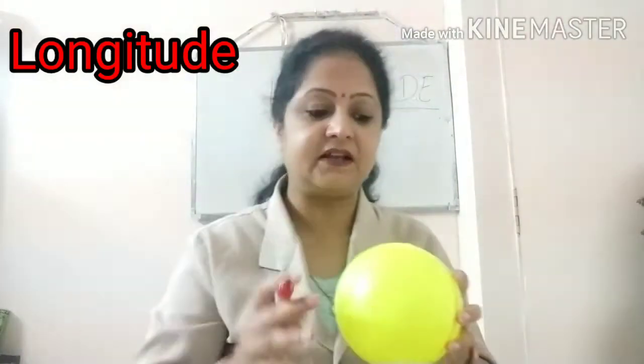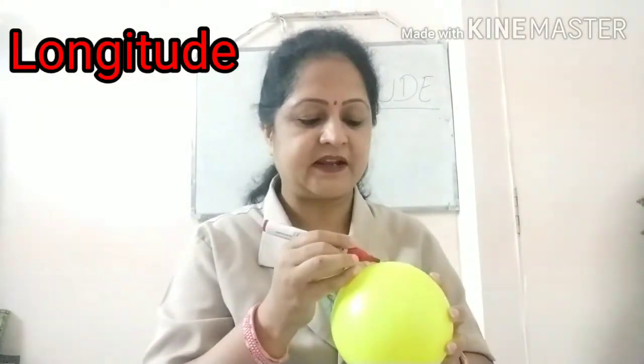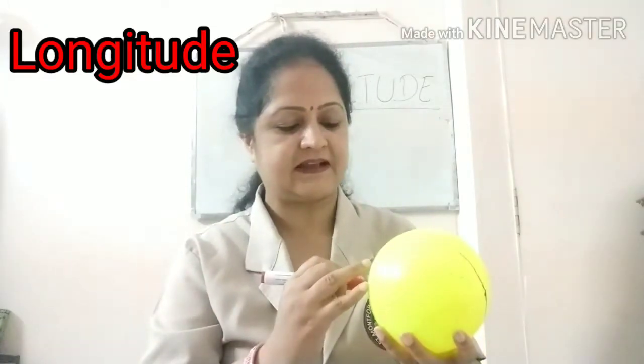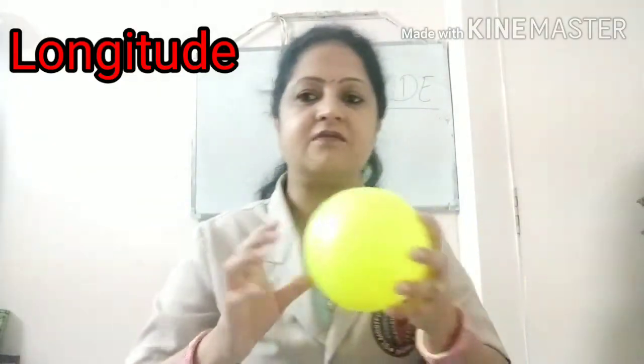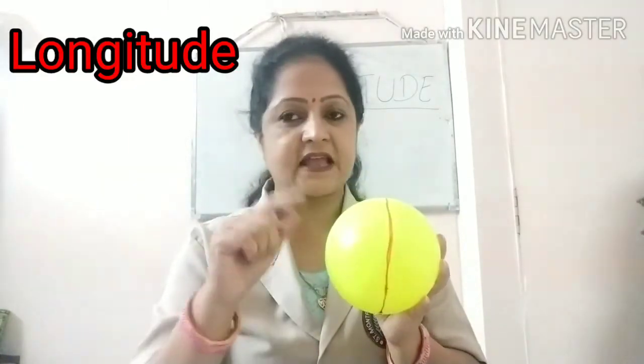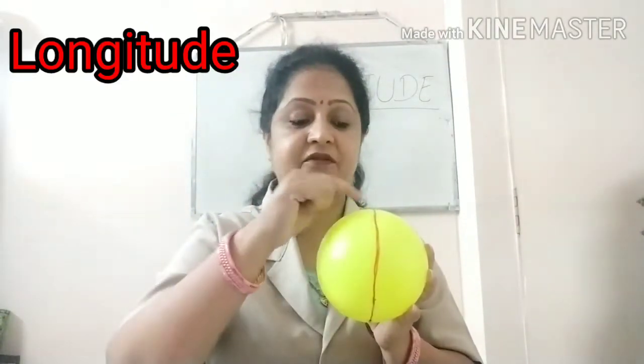And the line that is just opposite to the prime meridian is our 180 degree meridian. When we join both the lines here, you can see it forms a complete circle. A complete circle in the case of meridians can be formed by joining two meridians together. So 180 degree meridians here and 180 degree meridians here, where the 0 degree meridian, this is our prime meridian,